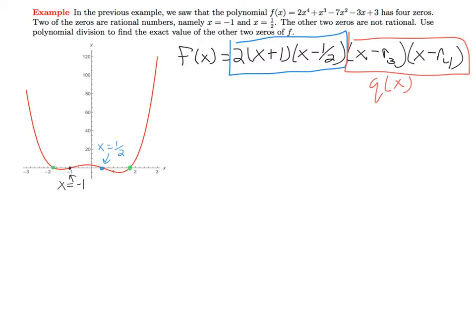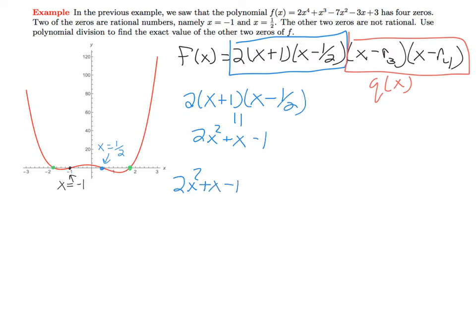So the factors 2 times x plus 1 times x minus 1/2, when I multiply this out, this gives me 2x squared plus x minus 1. So now I'm going to try and divide this 2x squared plus x minus 1